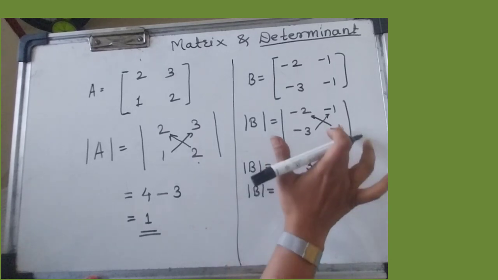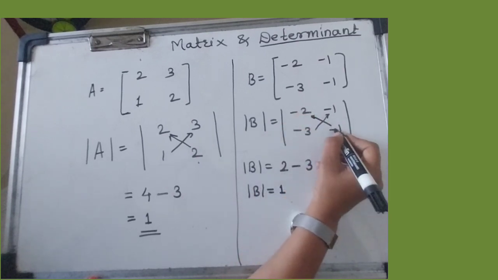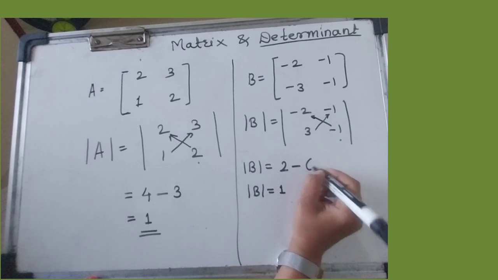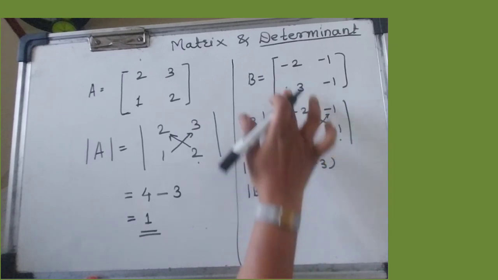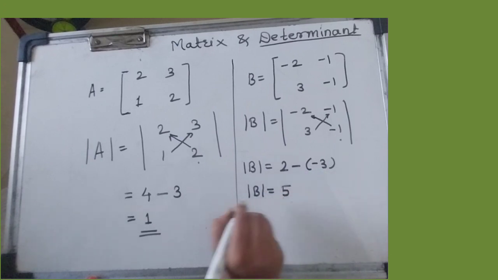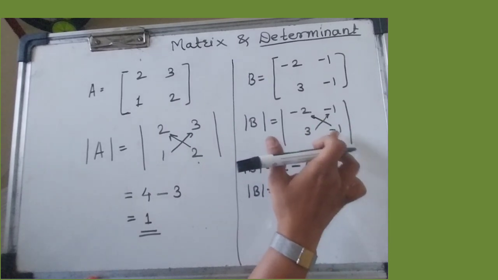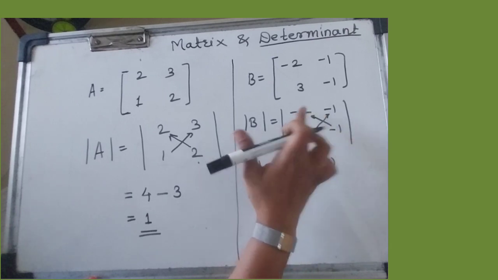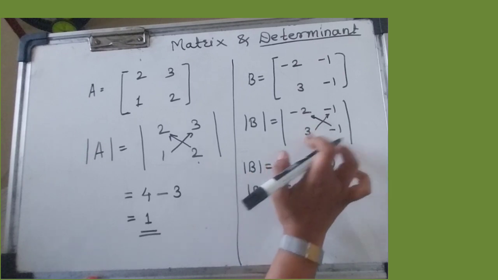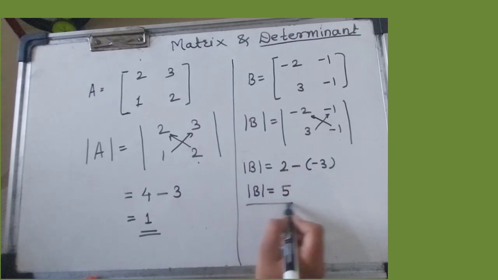Okay, see, if I change this, minus 3. Okay, so value is minus 3, minus 3, minus minus become plus, so it is 5. Okay, again I told you, minus 1 into minus 2, so it is 2 plus 2. Okay, minus 3 into minus 1, so it is minus 3. This minus minus become plus, so 2 plus 3 is 5. Getting or not? Take a screenshot.